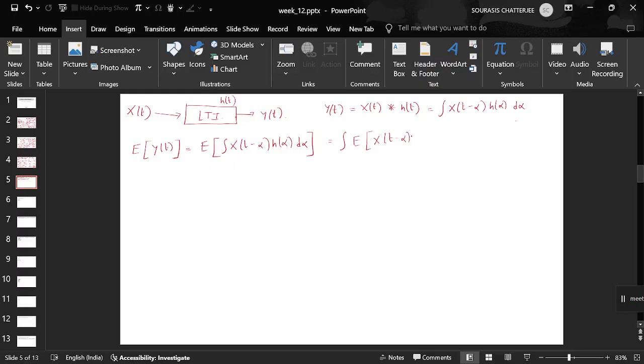So we have the expected value of x(t minus alpha) h(alpha) d alpha, and xt, as mentioned, is white Gaussian noise, so underlying it's wide sense stationary only, so its mean is independent of time, which we denote as mu x. Since this is a constant it can come outside, so we obtain mu x times the integral of h(alpha) d alpha. You can see, I have not written the limit of the integral, now this is the limit. This is the mean of yt, and as we can see this is also independent of time, so we at least have this equation, this is stationary in